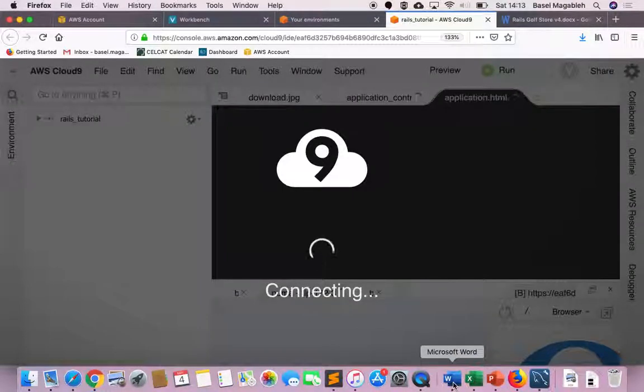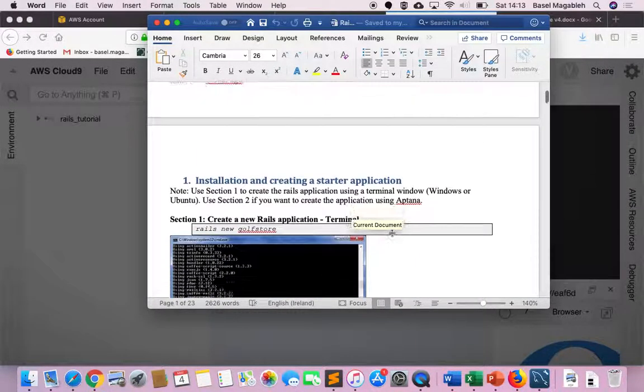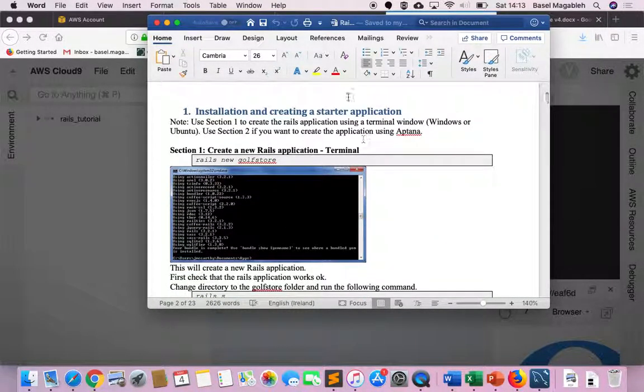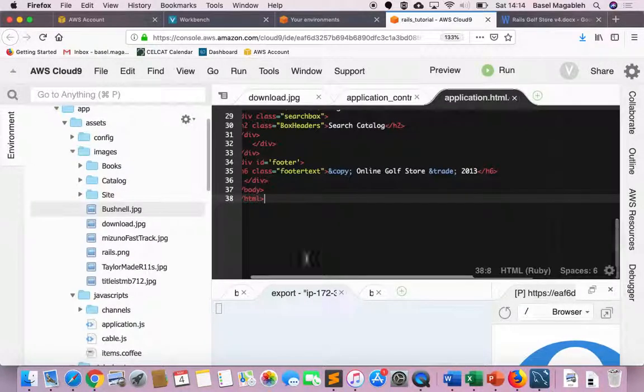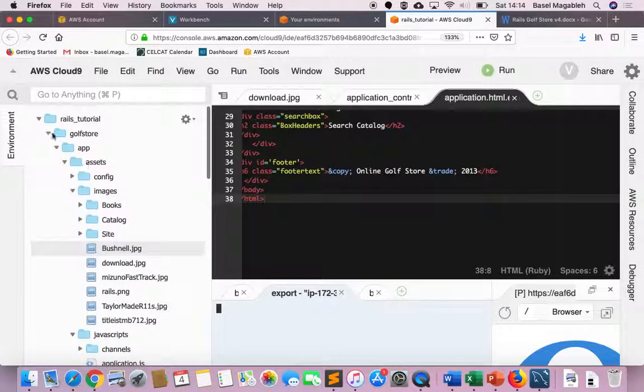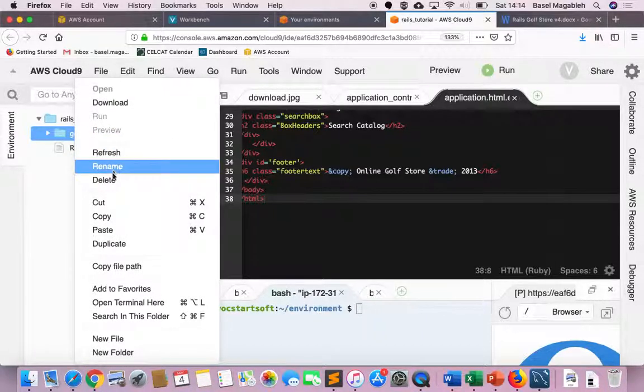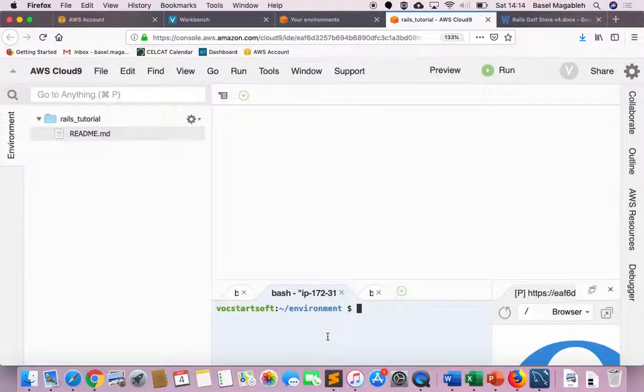And now I go back and I start to read the requirement of this application. The first step: we want to create a new Rails project called Gulf Store. So I am here in the terminal. Let me delete this, because this is from my preparation for this tutorial. And now in the terminal,